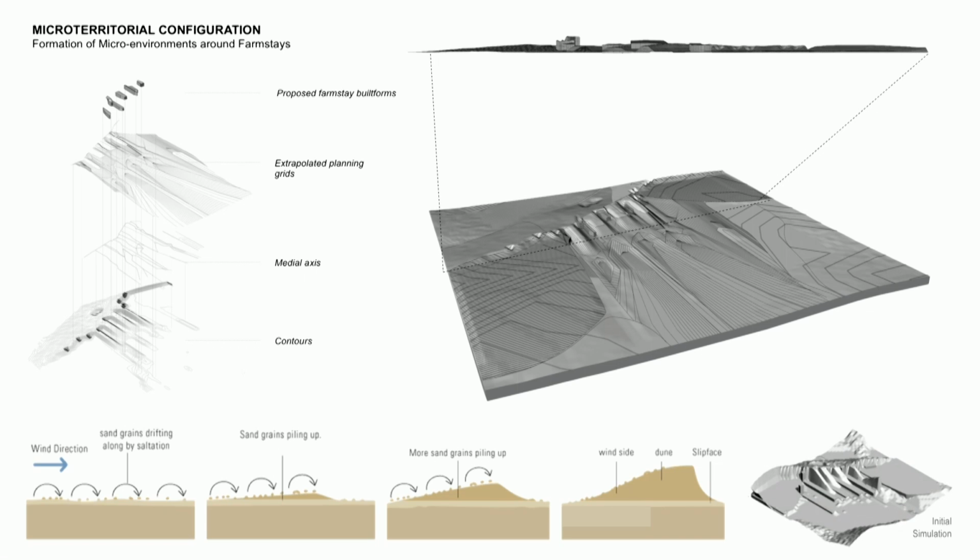it was chosen to be a farm stay for the tourists to come and interact and be part of the agricultural landscape. And for this, what we did was we had simulations with tall obstacles north of the site, and they formed a sort of 2 to 3 meters of mounds. And you can see the basic simulation that we had, and we extracted the medial axis from it, and then we extrapolated certain grids that were used in the planning of the plantation as well.